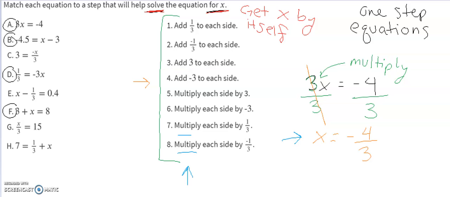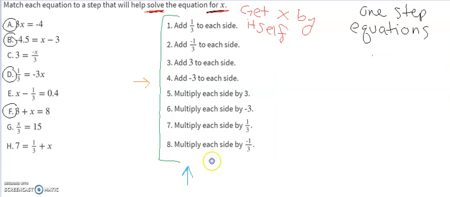And that is the language we have been using in order to describe what we did. So let me show you how we can actually figure out which step is going to be the one that we are looking for. All right? So if I have 3x equals negative 4,